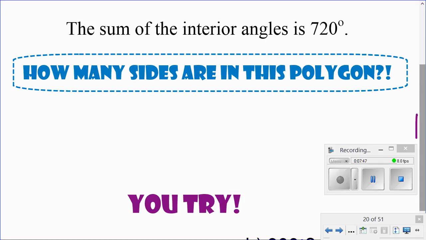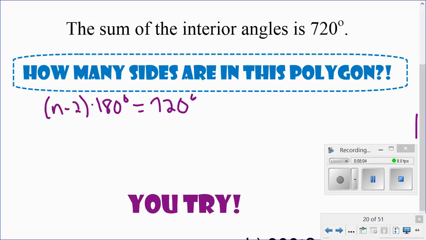We know that the sum formula is n minus 2 times 180 degrees. So if we're being told that that sum is 720, we'll just set that equation equal to 720 degrees,